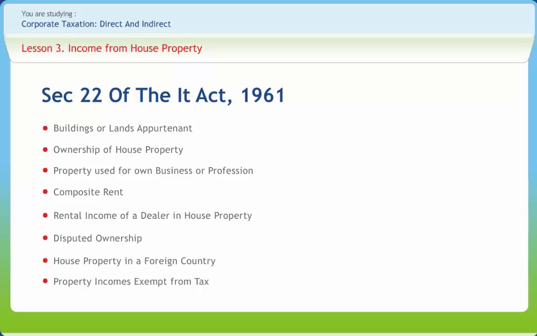A resident assessee is taxable under Section 22 in respect of annual value of a property in a foreign country. A resident but not ordinarily resident or a non-resident is, however, chargeable under Section 22 in respect of income of a house property situated abroad, provided income is received in India during the previous year. If tax incidence is attracted under Section 22 in respect of a house property situated abroad, its annual value would be computed as if the property is situated in India.